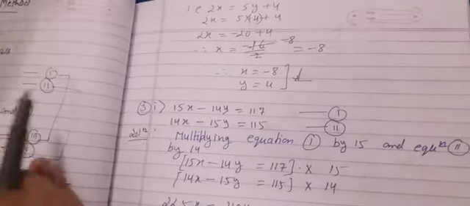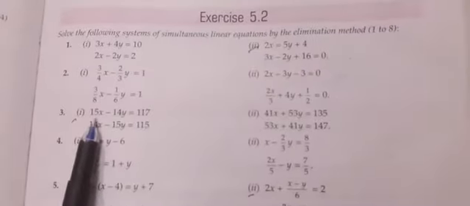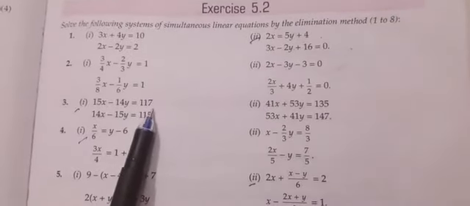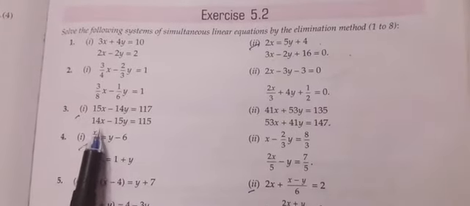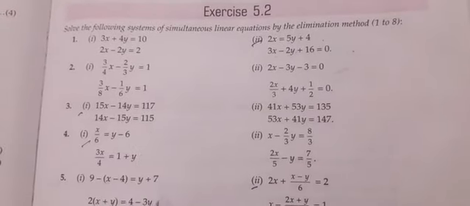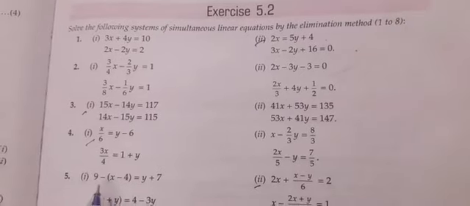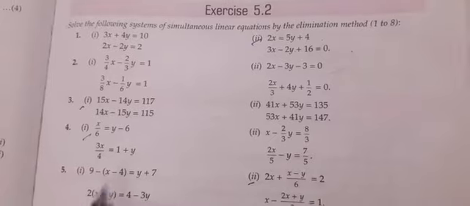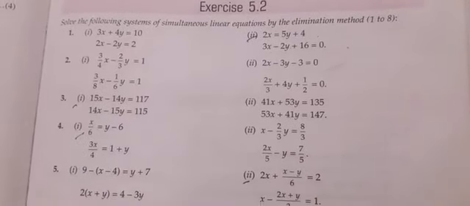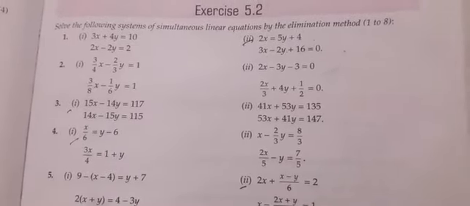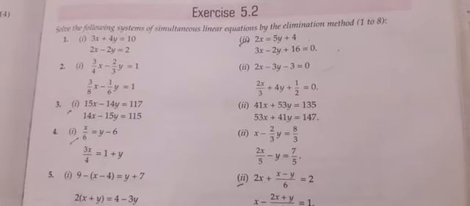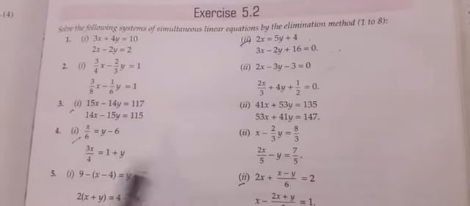Now we'll see question number 3, sub question 1: 15x minus 14y is equal to 117. Okay, bigger numbers. That's why I've chosen this question, so that we will enjoy multiplication after a long time. Because I have seen that in standard 9, 10, 11, 12 children don't want to do multiplication and big divisions. Children, please do it. Enjoy this part. If you want to be smartest in mathematics, please do all the calculation work on your own without using any calculator. This is my personal suggestion.